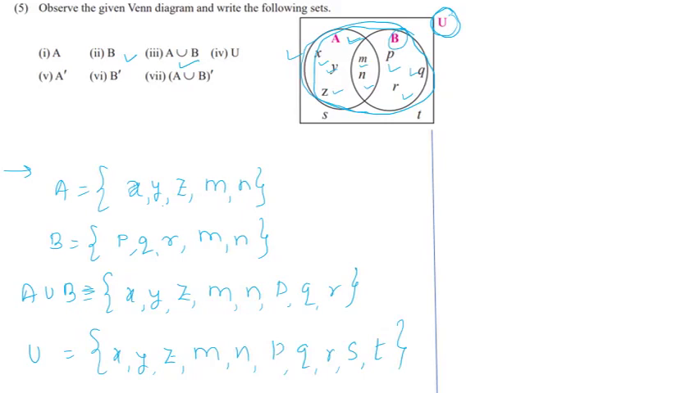Okay. Next A dash. A dash means what? Do you remember the definition? A dash means the complement set of the set A. And A dash contains elements which are present in U but not in A. Okay. See, all the elements which are in U but not in A. So write the